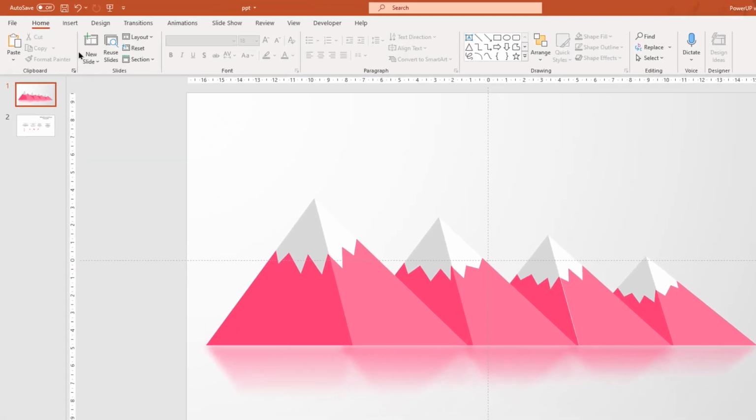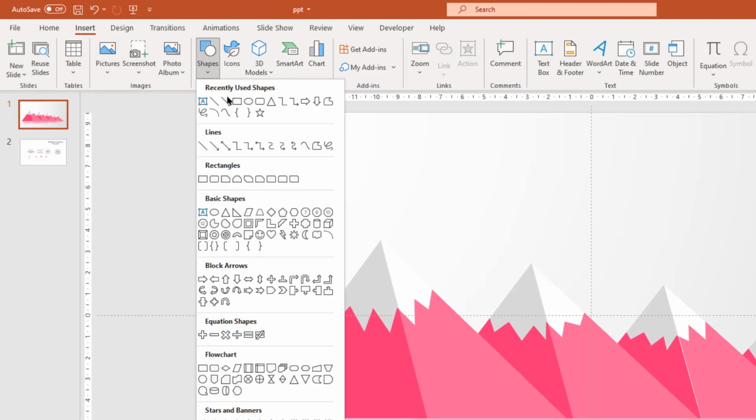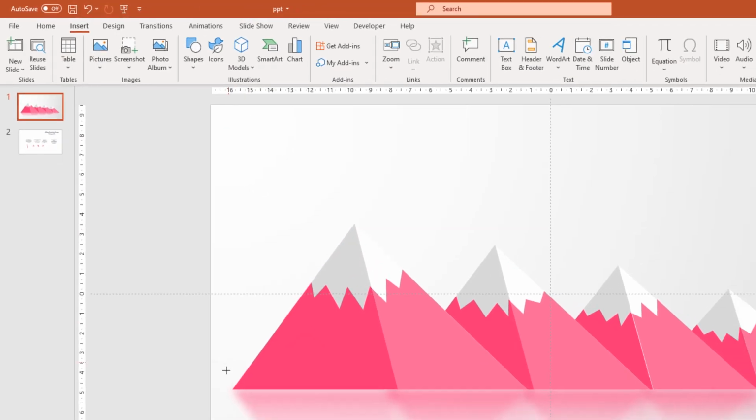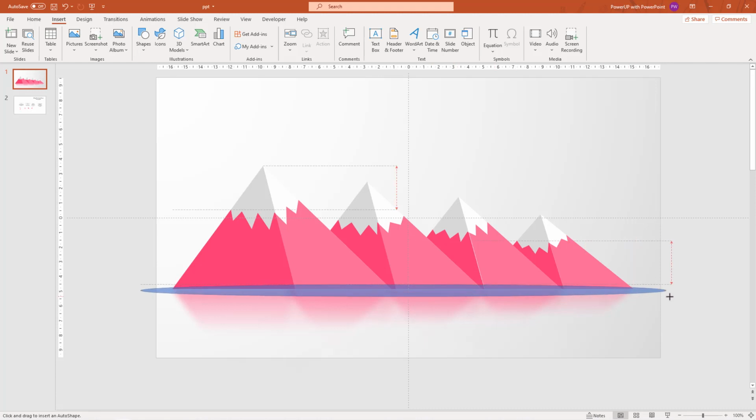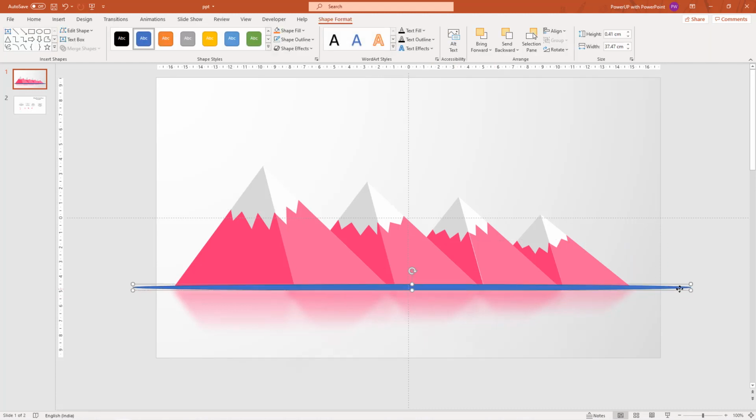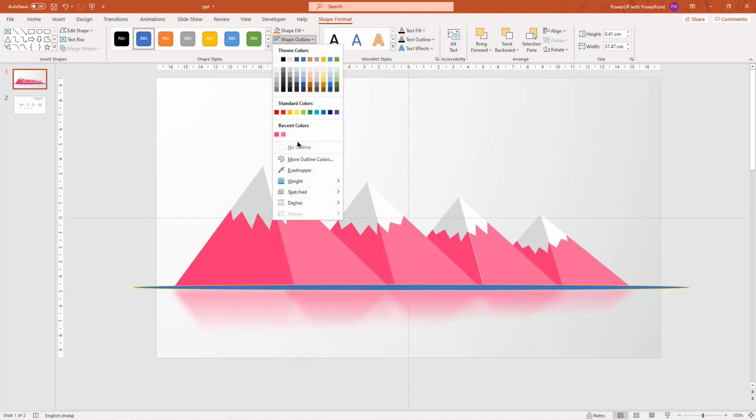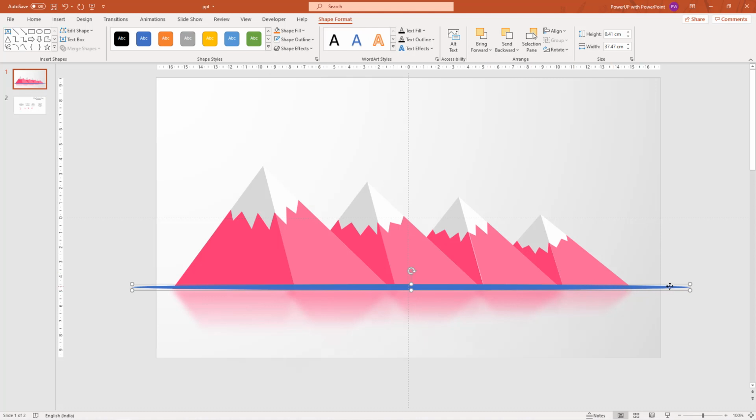Next, create a shadow effect at the bottom of all mountains by using an ellipse shape. Remove its outline and format it with 3-step path gradient.